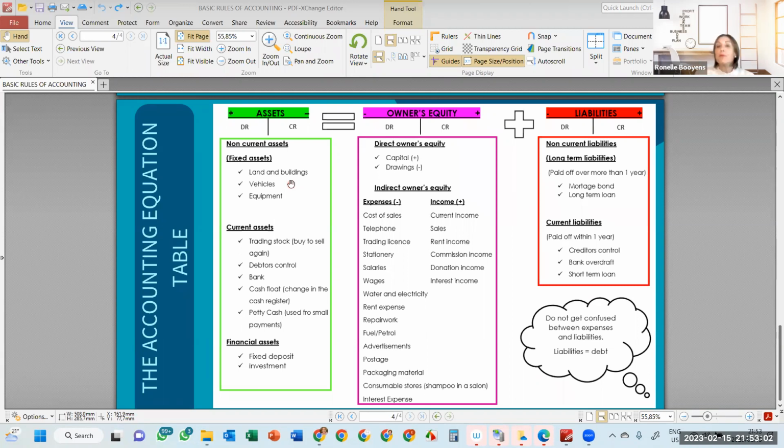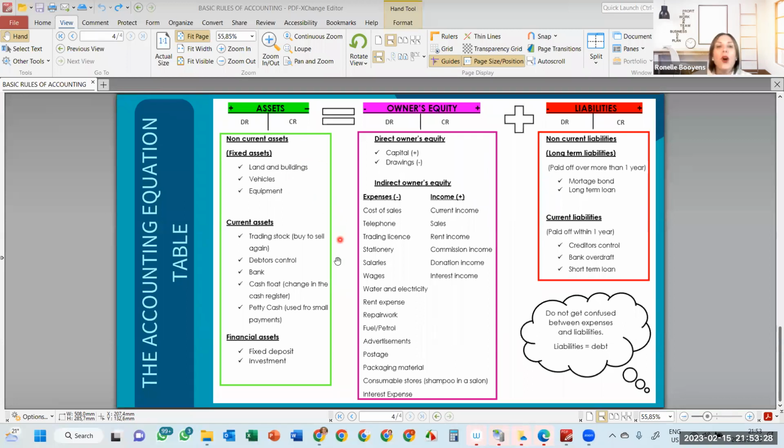People, what I want to say is, if I say forever, always, etcetera, this has got an expiry date until the end of grade 9. After grade 9, we're adding some more things if you move on to accounting in the FET phase. So please just keep that in mind. If I say this is forever, it's forever until the end of grade 9. So those are the three fixed assets for now.